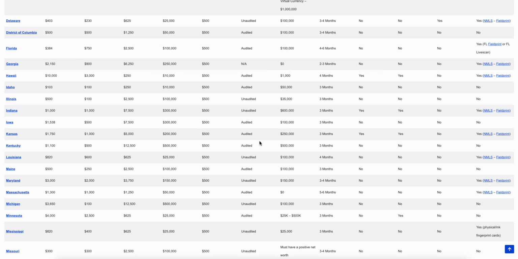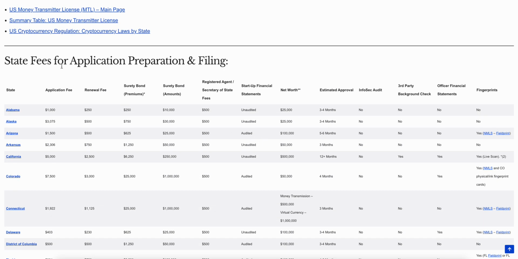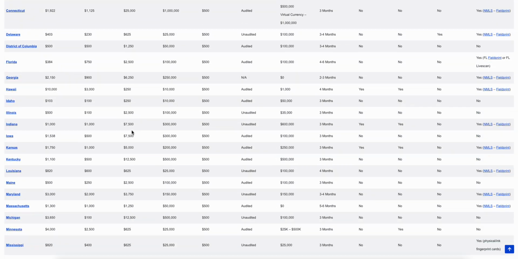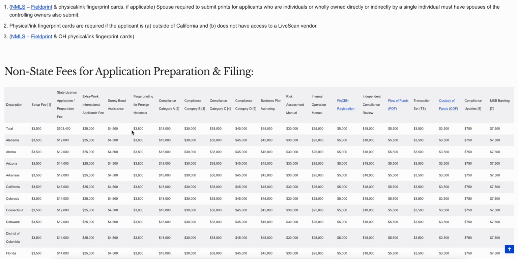So these are obviously, as I cited, state fees for filing application preparation and filing. State fee for application preparation and filing. Pardon me. And then there are obviously other fees that are included. There are non-state fees. So what would they be? The non-state fees are things like